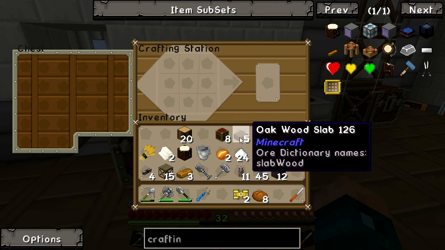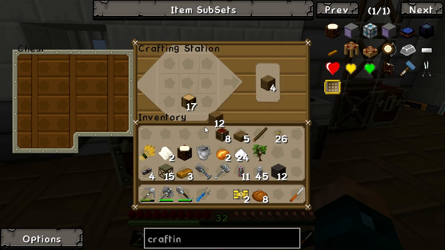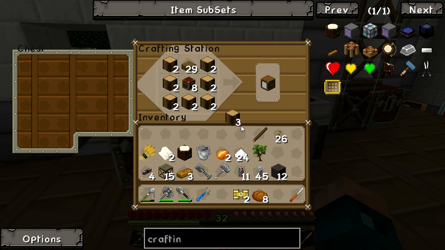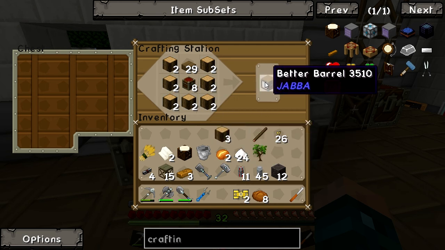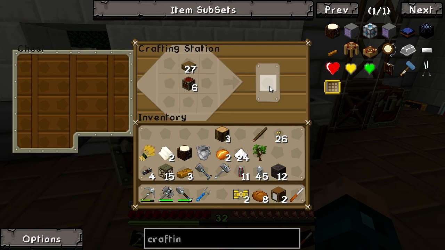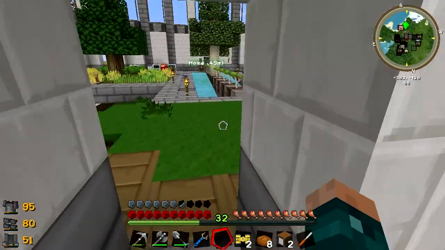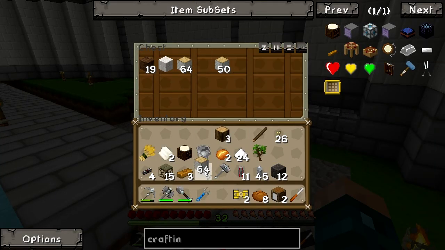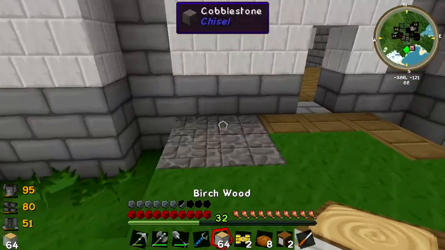We have 5 planks, which we are going to increase up to a massive 29 planks, put these in the middle, run these around the edge, and what we are going to get are these. These are the JABBA barrels. These were the ones I failed to make earlier. I love JABBA barrels. It is possibly one of my favourite mods of all time, and you shall see why